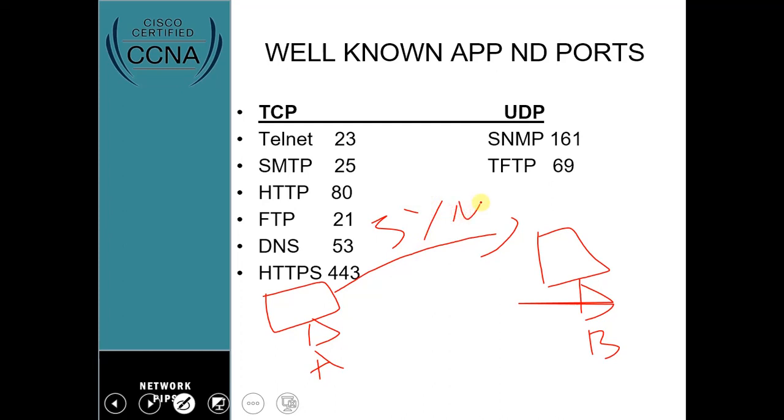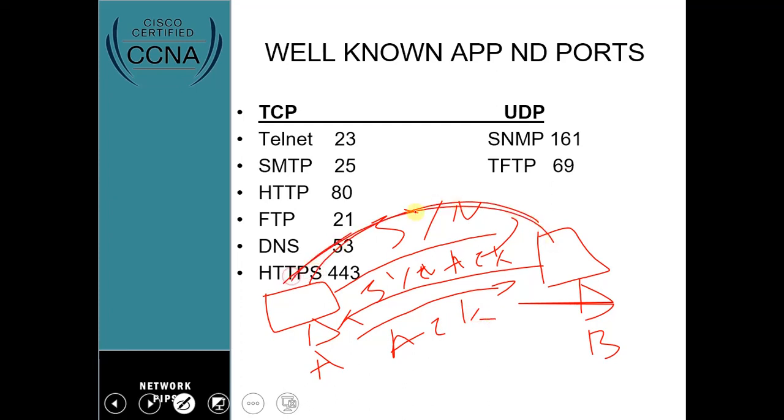Then computer B will reply with what they call a SYN-ACK. Then computer A will reply back with an ACK acknowledgement message, an ACK, before starting to send out its data across the network to computer B. So this three-way handshake is what is known as